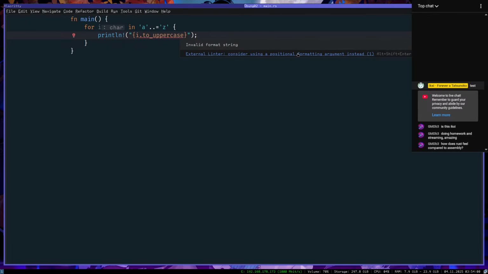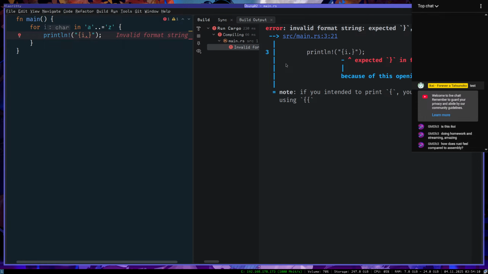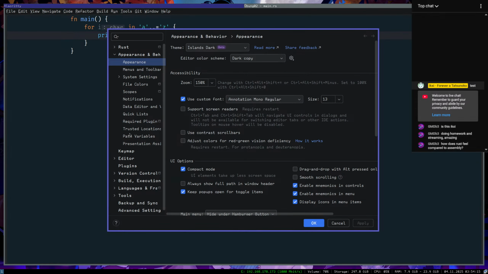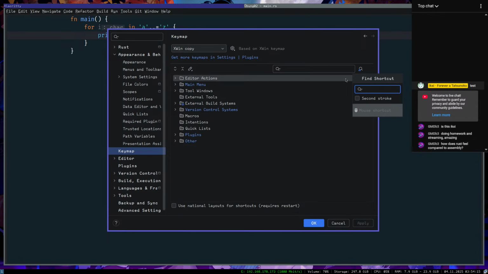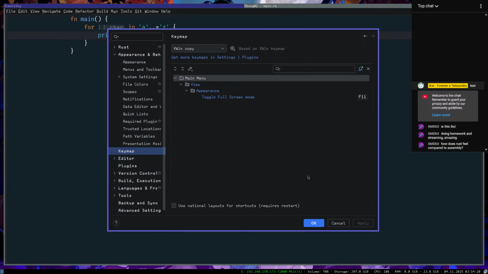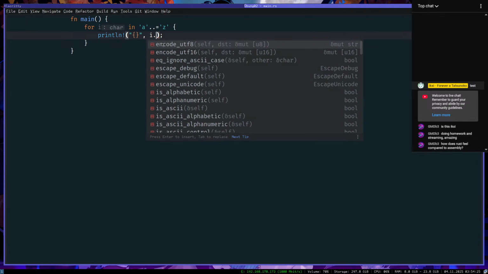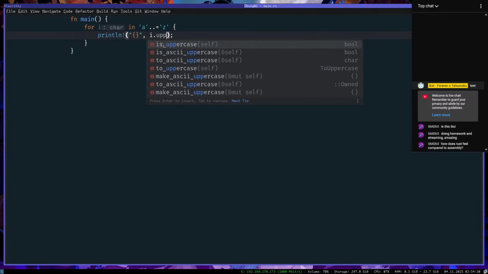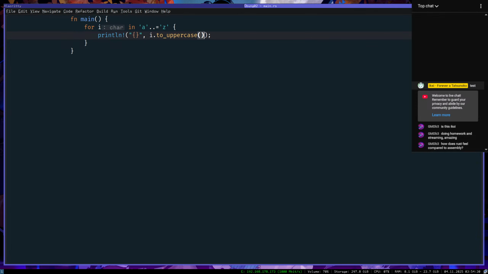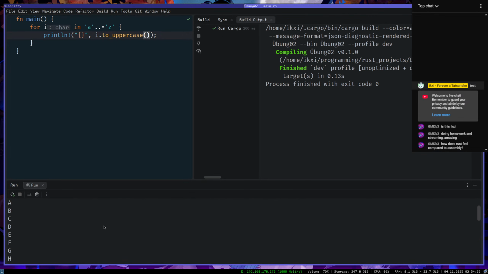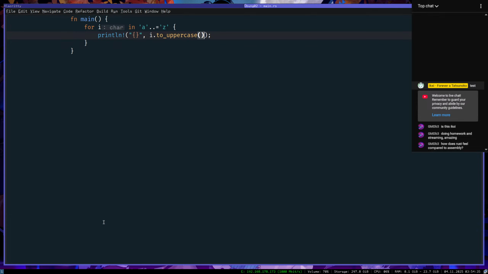Consider using positional formatting arguments that way. What? Wait, are my key bindings weird? Ah, who knows? Oh, does it mean like this? Up to uppercase, right? I can just do this.